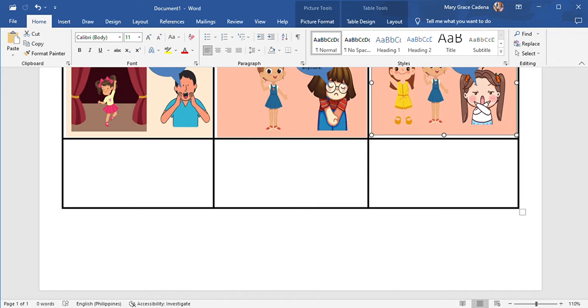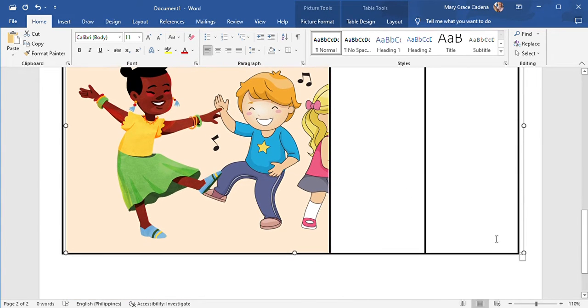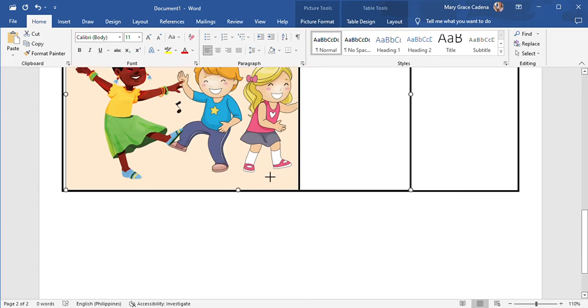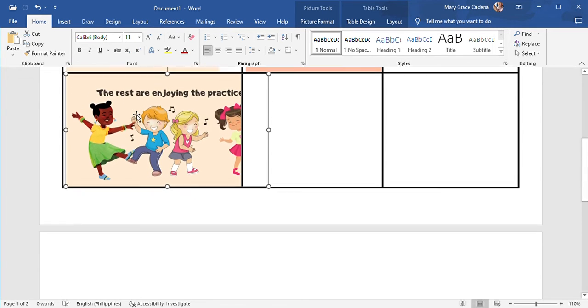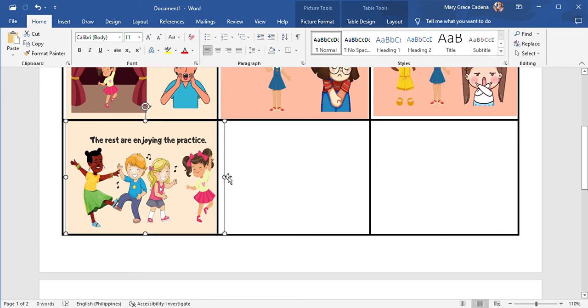Use applications like Canva. You can find a lot of pictures there which can be suitable for your comic strip. Then just try to be a little more imaginative on how you are going to do your comic strip.